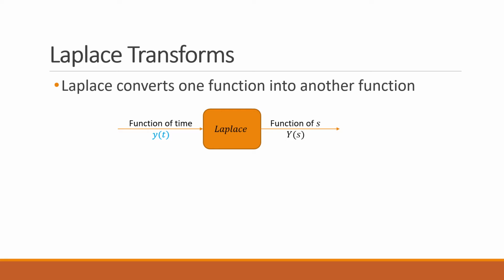We often write the Laplace version of a function by the corresponding capital letter. So y of t becomes capital Y of s. Here's how Laplace does it. This integral as shown is the definition of a Laplace transform. Your function of time y of t is multiplied by e to the power minus st, and this product is integrated from